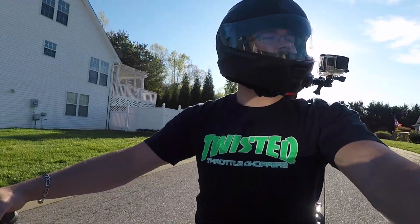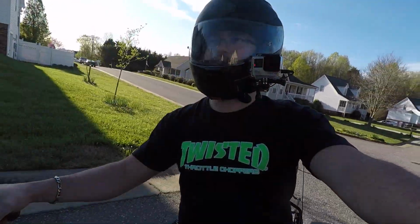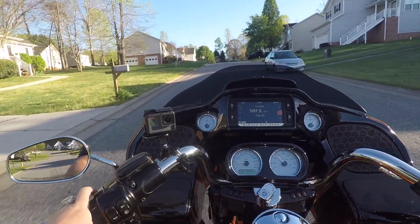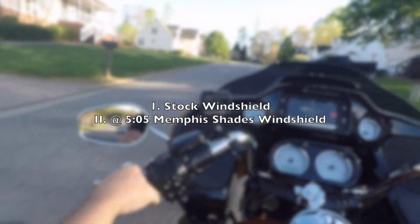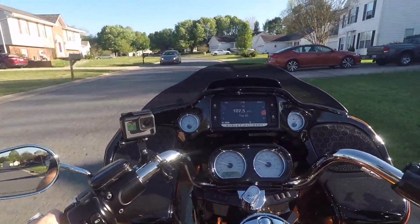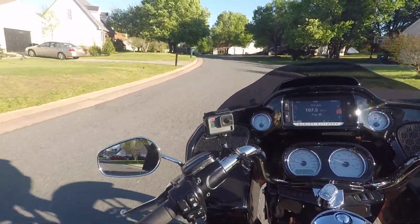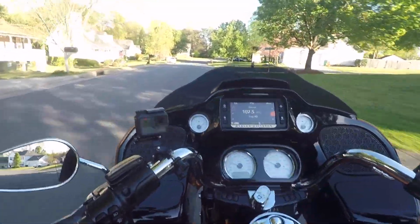And yeah, we're taking the Road Glide out for a ride today as well, showing both of the windshields here, which right now we have the stock 2015 Road Glide special windshield on there. But again, this is the stock windshield. It looks great. Design could have been a lot better, but hey, when you get a lot of new cool features,